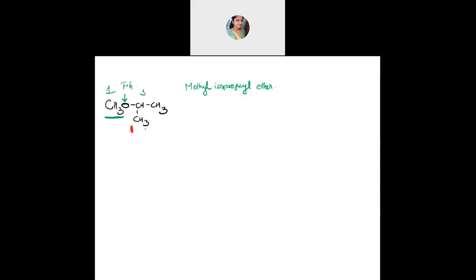I'll show you the different possibilities of what mistakes can happen. This is not the chain. If you take this carbon as 1, then number this 2 and this 3, this is wrong. Numbering this way is wrong, students, because there is oxygen in between. That doesn't give you the root word correctly. So you should select the continuous carbon chain.